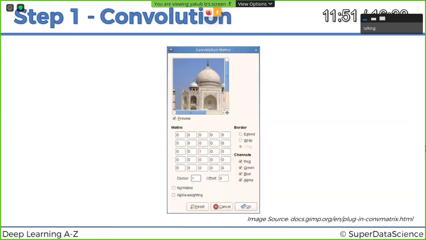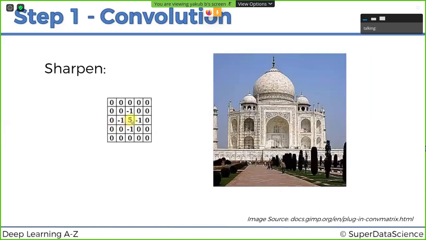So you load a photo into it, and then you can start a convolution matrix and apply filters. You will see that these convolution matrices are applied in image processing and design and so on. So let's have a look at what we get. If we apply this filter, 5 in the middle, -1, -1, -1, -1, you can see that it sharpens the image.